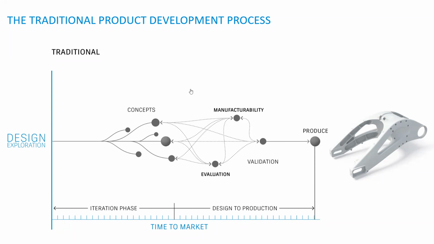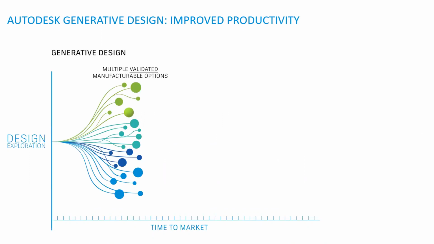Now let's move to the latest technology. Autodesk generative design improves productivity. Now you can see generative design is the module, the technology where during the concept, during the iteration phase, you can get n number of permutation combinations of your design according to the input, as I already told you. Let's assume an example that one product is already available in the market, right?